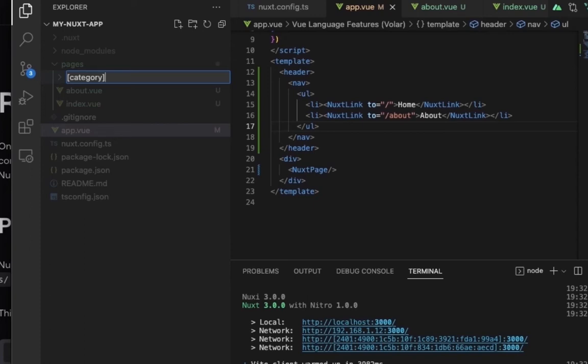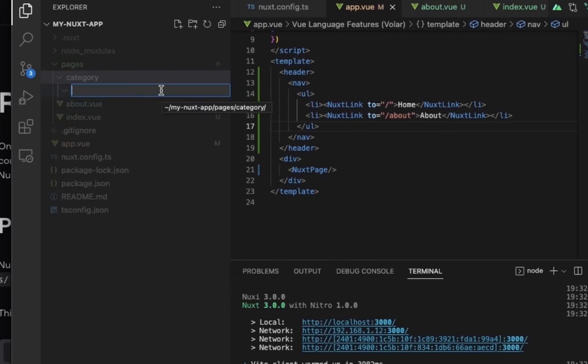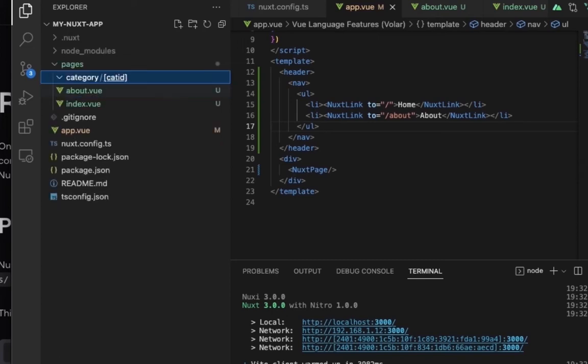I think here we don't have to use bracket because category directory won't be dynamic. So inside this category directory we will use two dynamic parameters. So let's make these two dynamic like this. So this folder name will be cat id, and this will go inside bracket like this, and inside